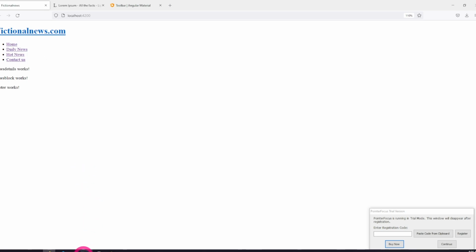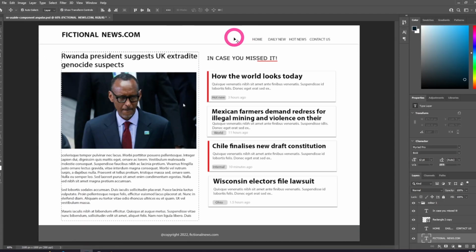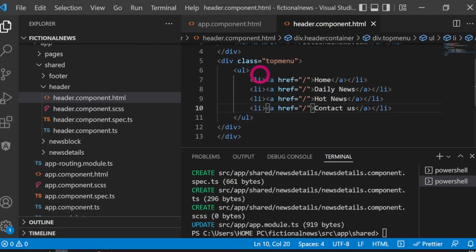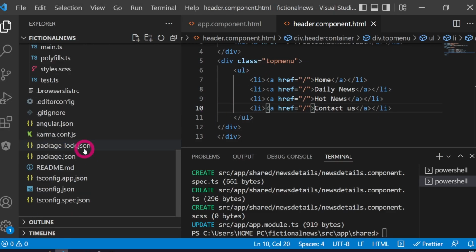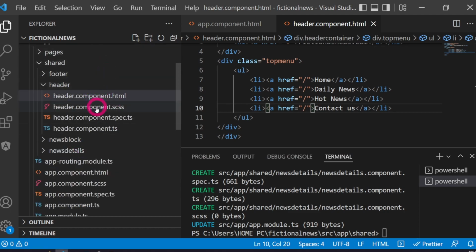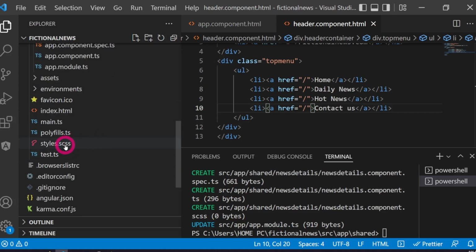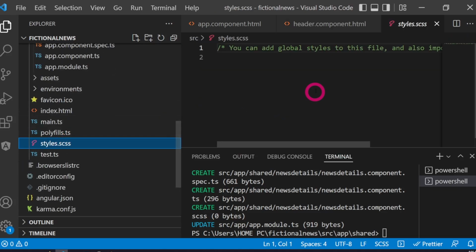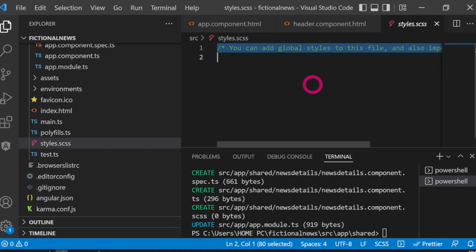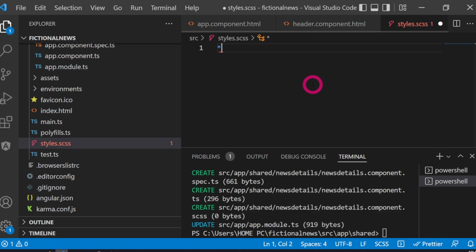Now the first thing we want to do is to use flex to position these two elements. You can either do that in your component style sheet, or you can do it in the global style. For this tutorial, I'm just going to put it in the global style. So the first thing I want to do is to just get rid of browser margins and paddings.